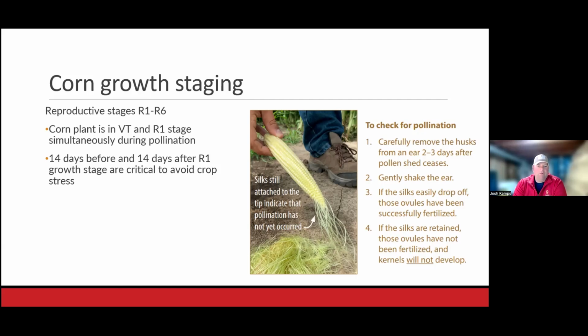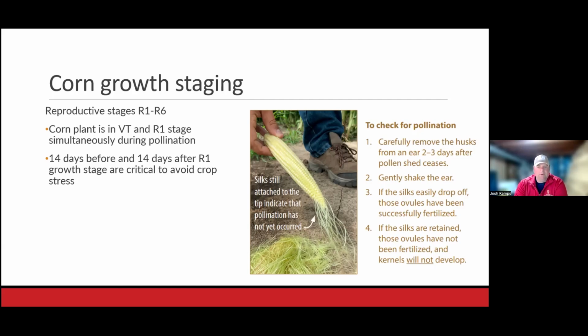You can remove an ear carefully. Pull the husk back from that ear. You kind of want to wait till that pollen shed has stopped, maybe 2 to 3 days. Once you've carefully pulled those husks back, you can shake that ear. Okay. Any of the silks that fall off, that's a good sign that they actually pollinated, so that little ovule